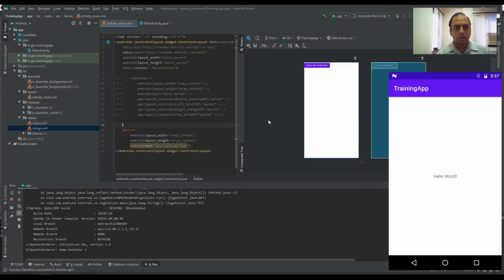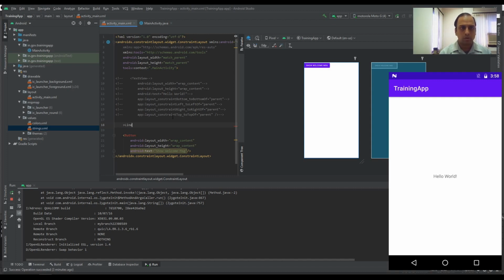Presently it is not having any constraints, that is why it is showing an error, but obviously we are going to have multiple items, and constraint layout does not allow multiple items within this tag. So inside this constraint layout, we have to create another layout which can support multiple items. One of those is linear layout, you can also have grid layout. So I will go for linear layout, that is my favorite.